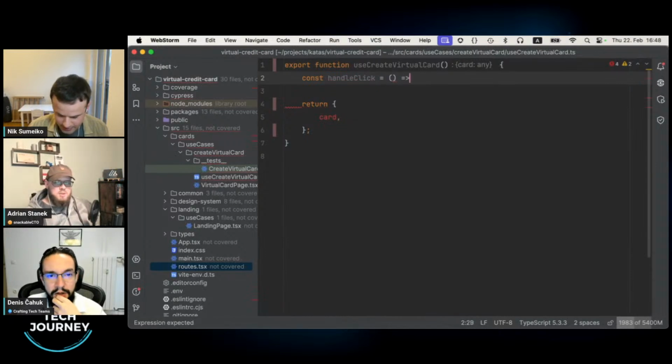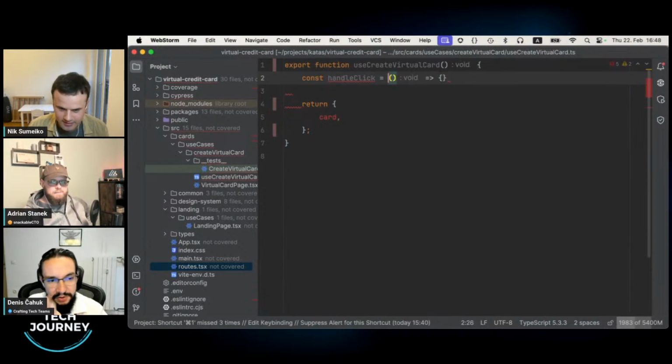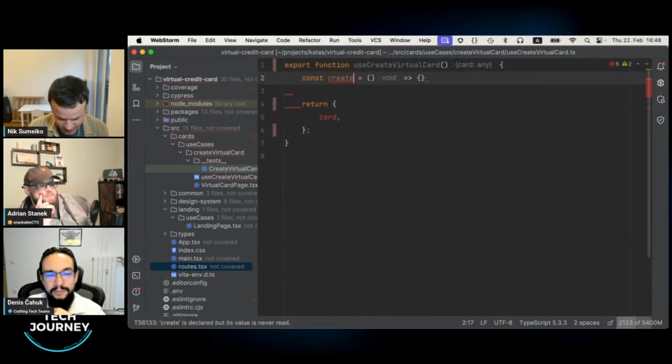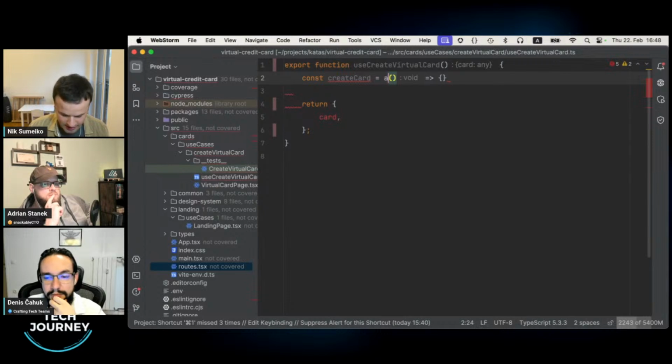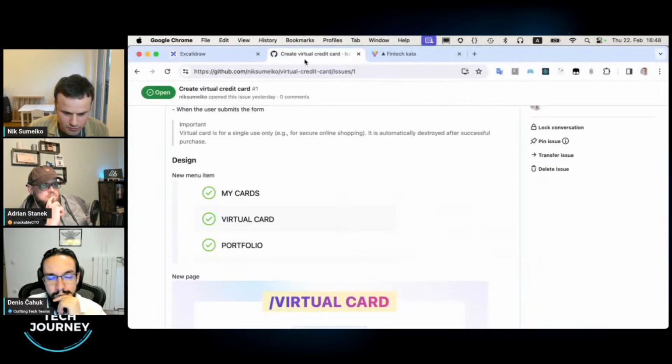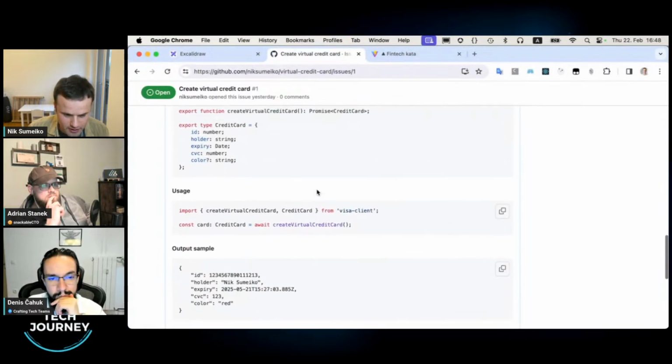I don't like this naming. I like a naming convention that is behavioral, but also gives a little bit of a hint on what it actually does, like create card. And this might be some async code, because we will call an SDK. And here we will call an SDK, and let's recap how it was described in the documentation.